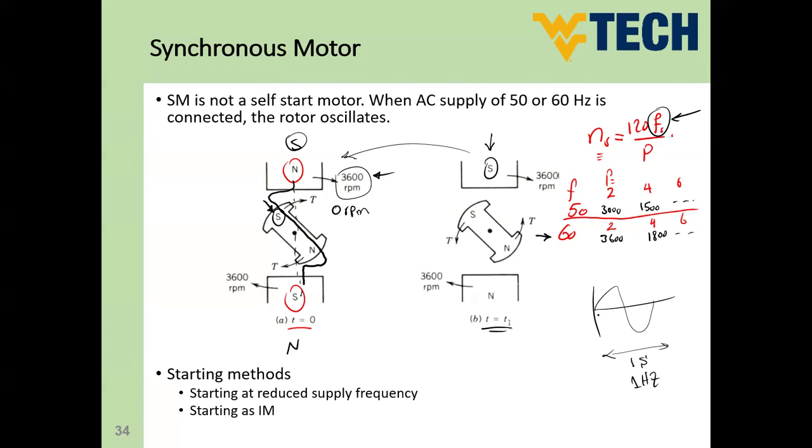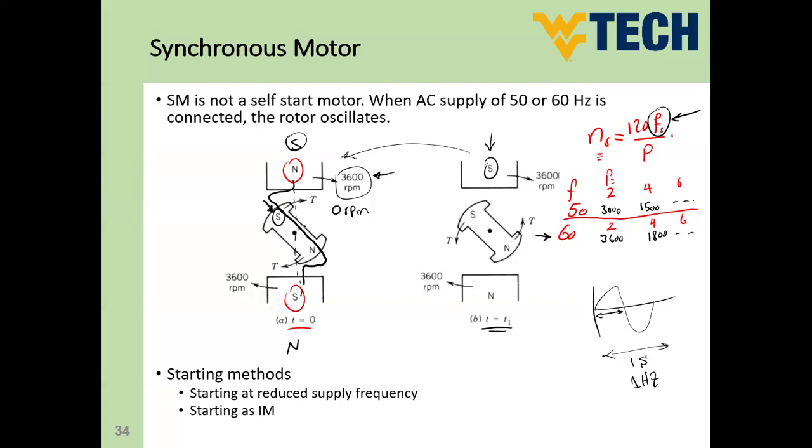So this means we will have half a second in the positive half cycle, which means this N will stay in this place for half a second, so this pole will easily move and catch the pole of the stator. And once the poles have been aligned together,